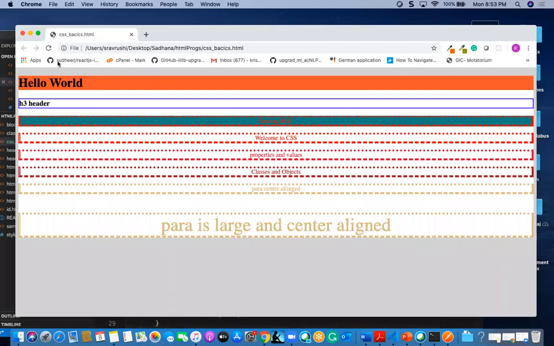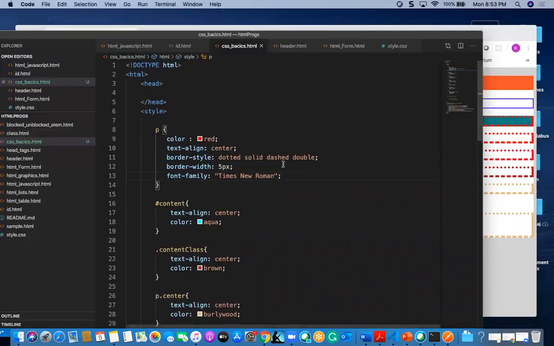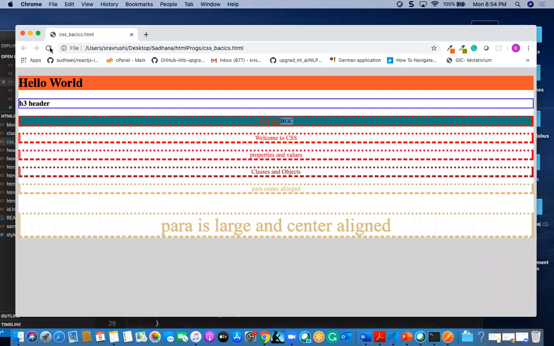If I see Times New Roman and go for this, you can find it changed a little, or I can find something like Arial. You can find the change in the fonts, right? That's about font family.